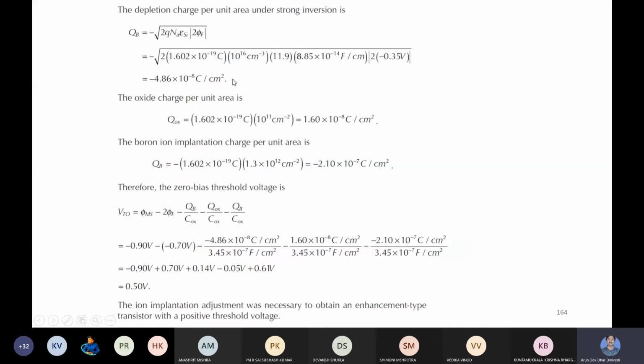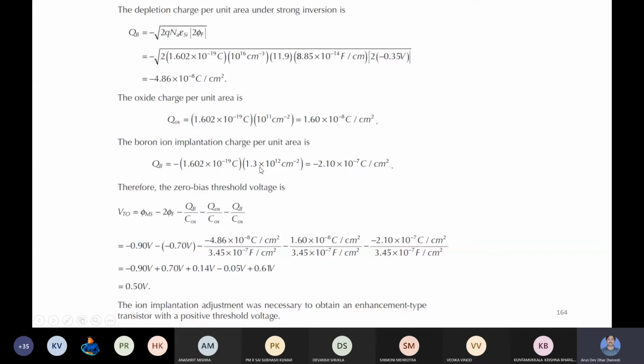This means charge per unit area in the depletion region. Oxide charge: its number is given, but by multiplying with the electronic charge we get the charge. In the problem, the density is given, the number available is 10 power 11 per centimeter square, so this many are in a unit area. In 1 centimeter square, 10 power 11 charges are there, but by multiplying with Q, the actual charge can be calculated. So Q is multiplied with the number NOx, which is 10 power 11 per centimeter square. So this is multiplied, then it gives the charge.